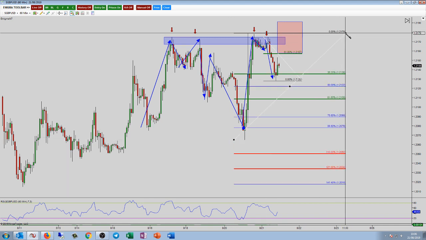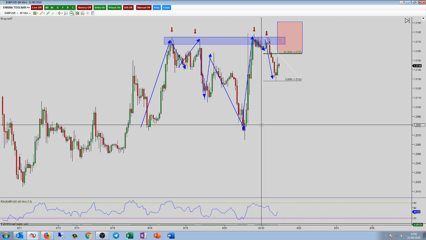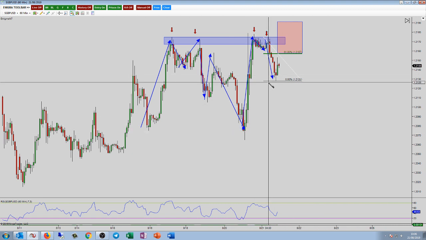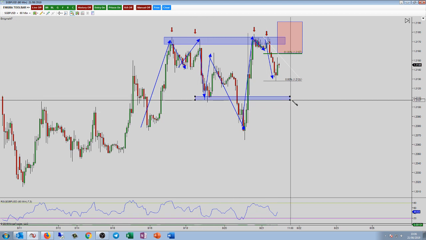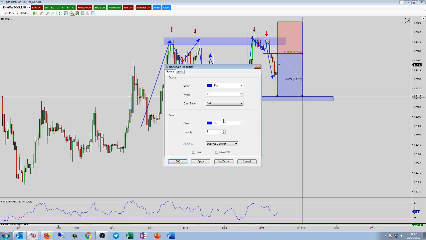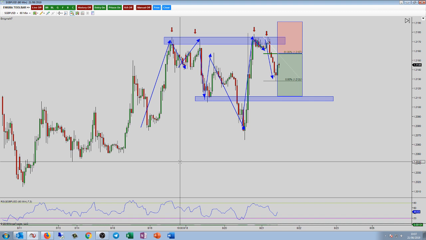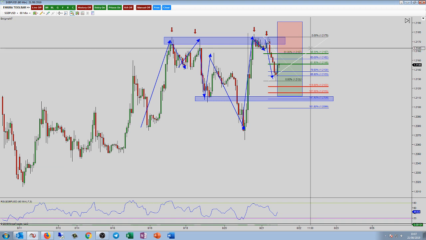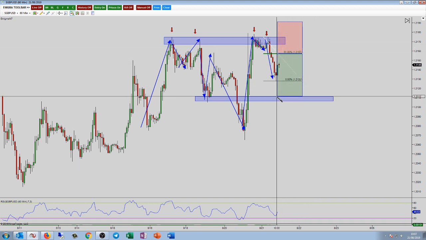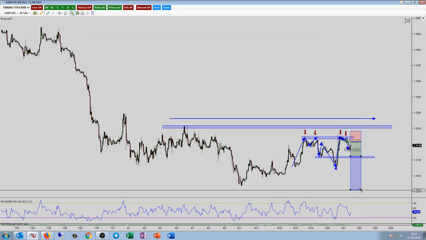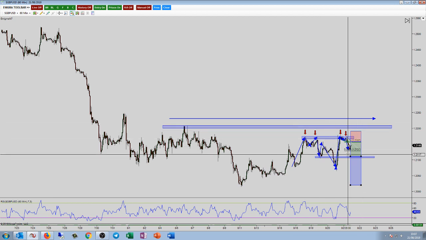You could maybe look for, nope, there's not going to be a bat. I wouldn't shoot past this level for first targets. You could maybe look for this level down here for first targets, so something like this. And if you were to do that, guys, you could look for an inversion, maybe a 127. You got a 127 around that area for first targets, and then look at holding second targets for the breakout down to this point. I don't trade 2618s just on their own.